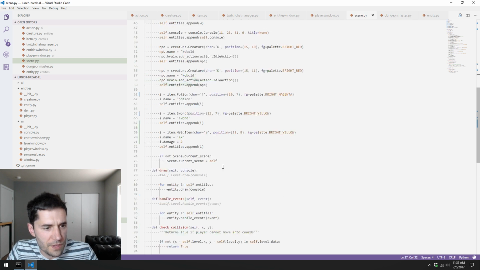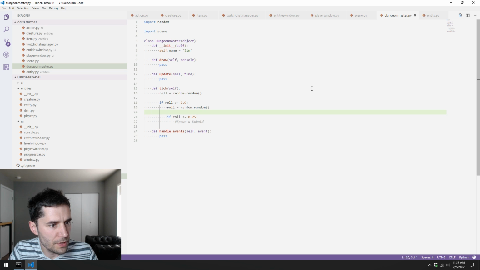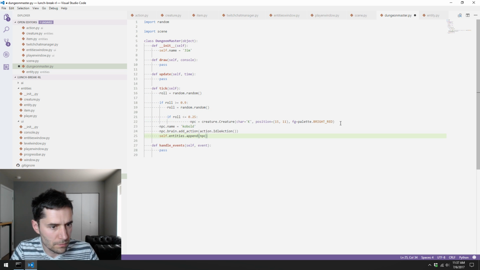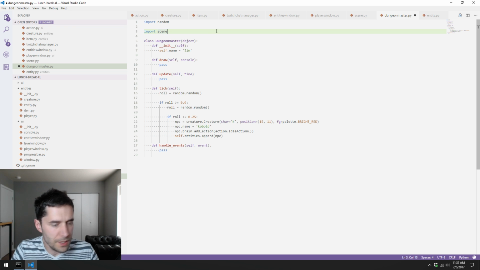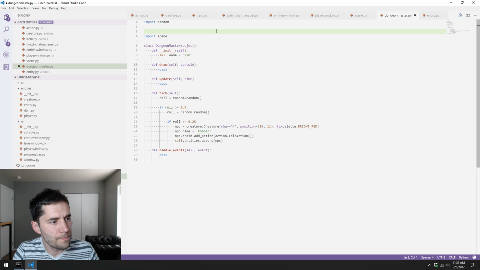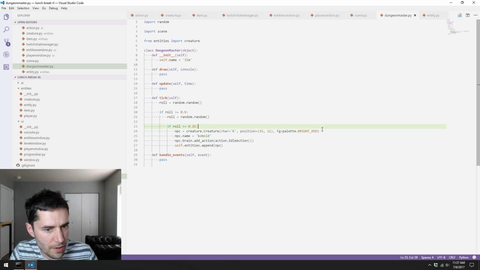And let's just look at the definition over here, though this probably should eventually become its own thing. For now, we can just do it quick and dirty. Okay, we also need to, from entities import creature. Okay, so we have creature, red, it's a kobold, it has the idle action stuck in its brain, and